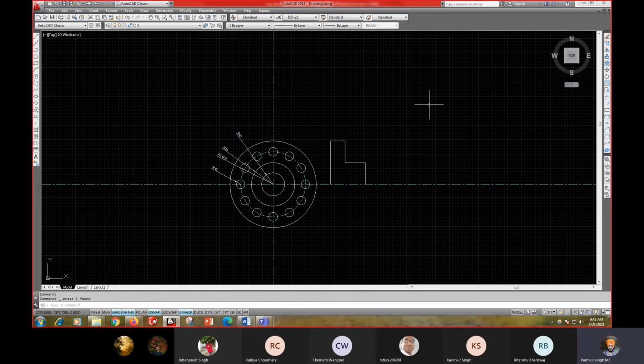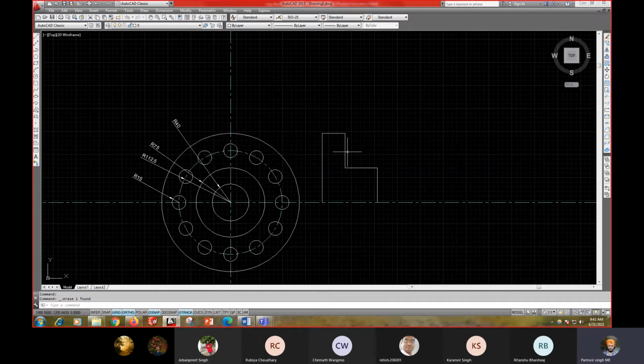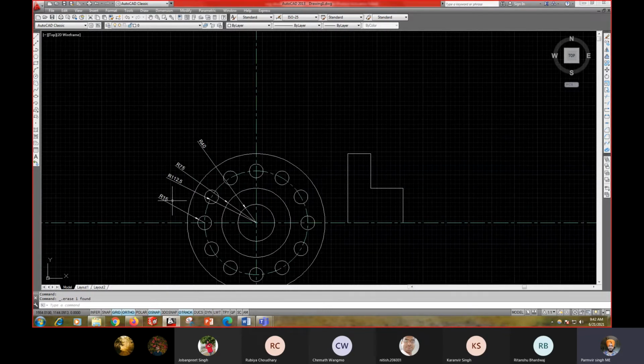Okay. Now next one, you have to create another line. Okay. So you have to create the projection of this circle. With the help of the line command, you can create the projection. So I can use the offset command again. O for offset, then calculate the radius of the circle. The radius of the circle is 15 mm. So 15 minus